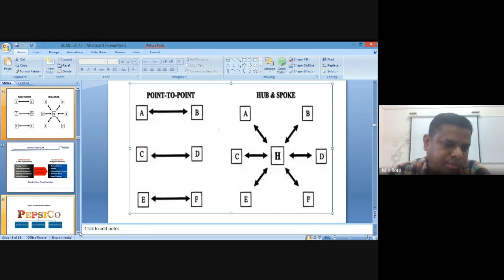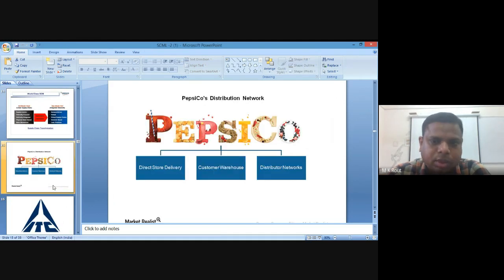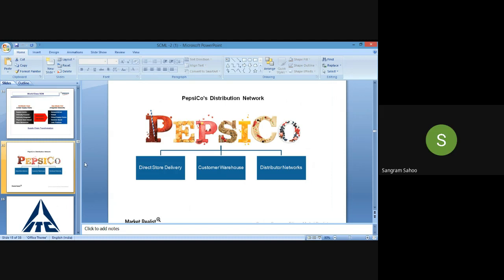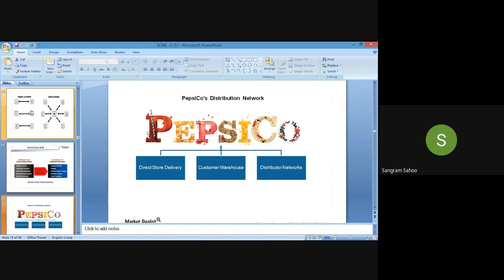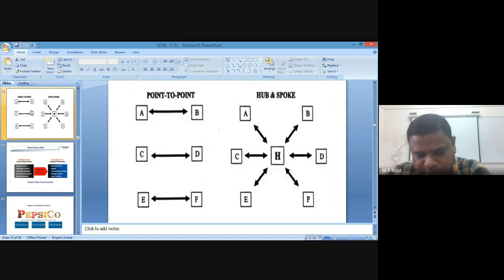Moving to the next part. Sir, point to point they used to do before, at the beginning, suppose. For example, you organize your annual function. Clear? In that case, if you order around 5 cartons or 6 cartons of PepsiCo, and you directly communicate with them, they will provide. So there is no need for transportation activities.